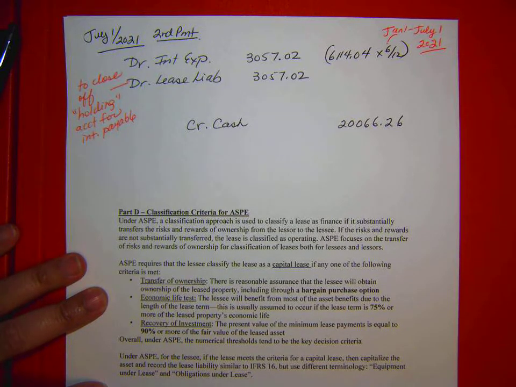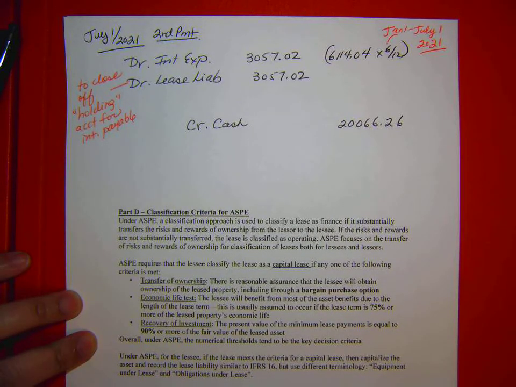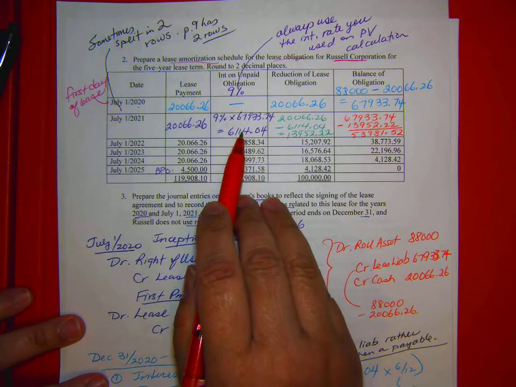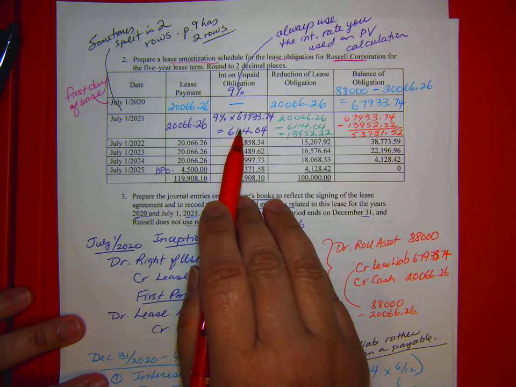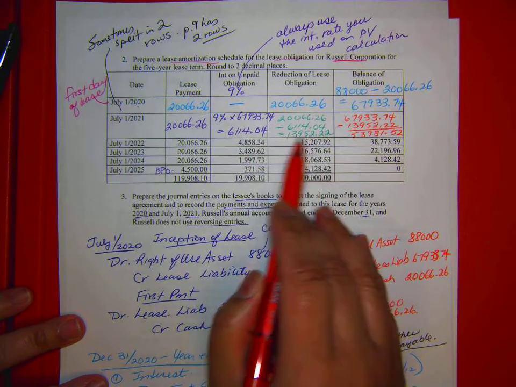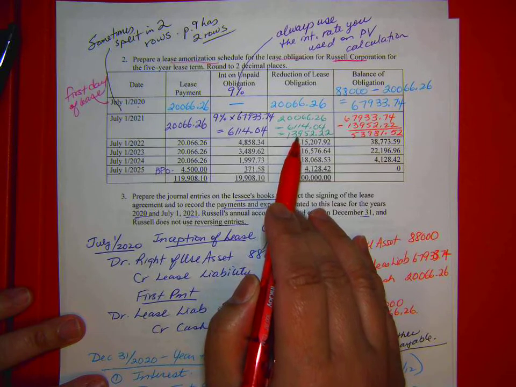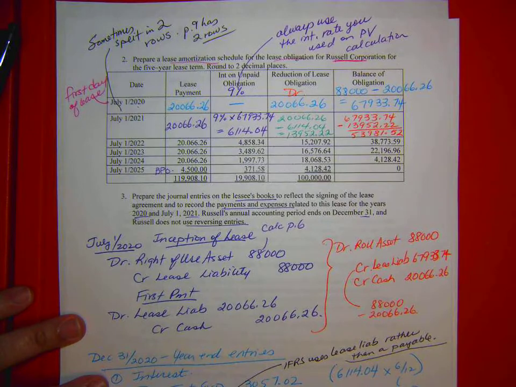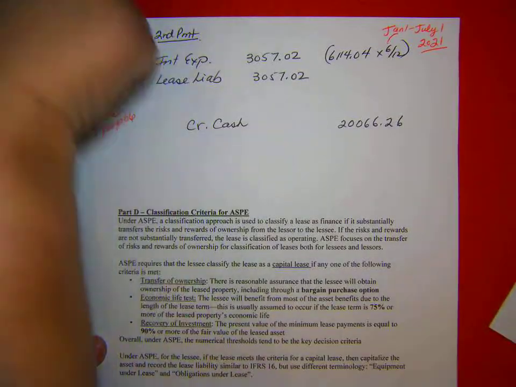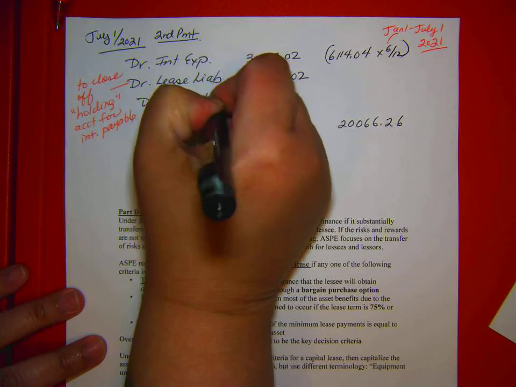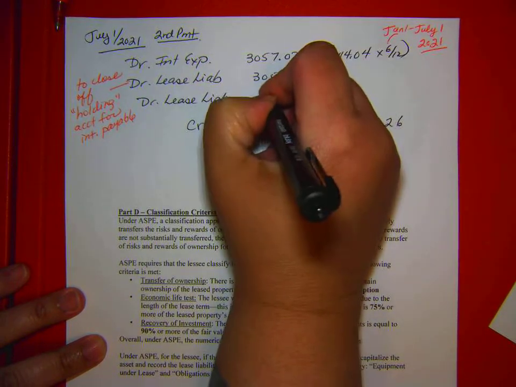Okay, it still doesn't balance. So what do I have to do with the rest of that? Well, if we look back at our little chart, we've taken care of the interest. It was in 2 pieces, but we took care of it. What have we taken care of? The reduction of the lease obligation. So if we're going to reduce a liability, are we going to debit or credit it? This is all going to be debited. So we're going to debit lease liability for 139